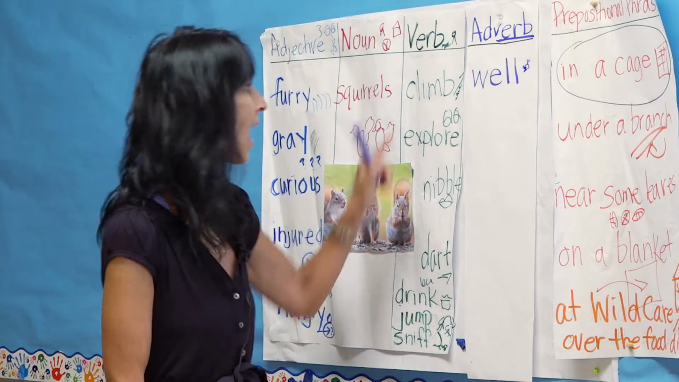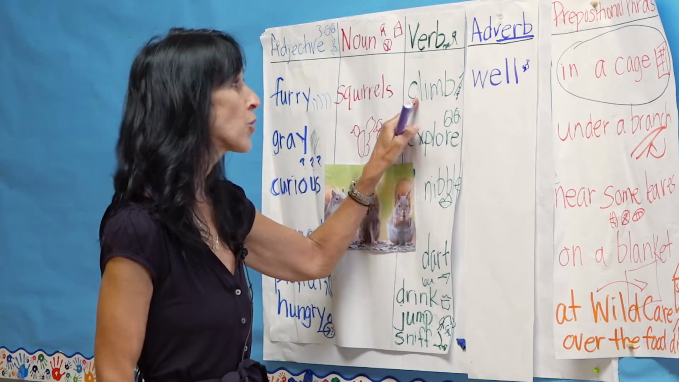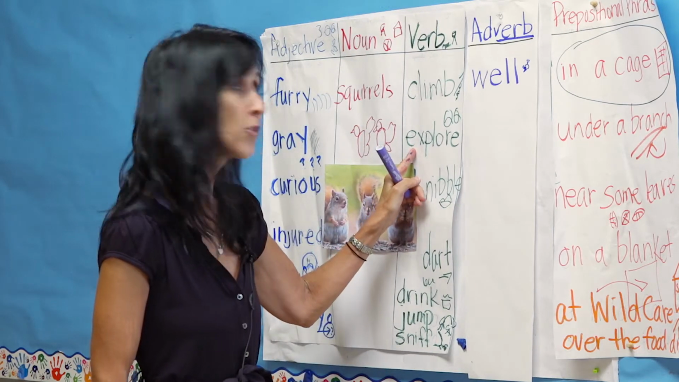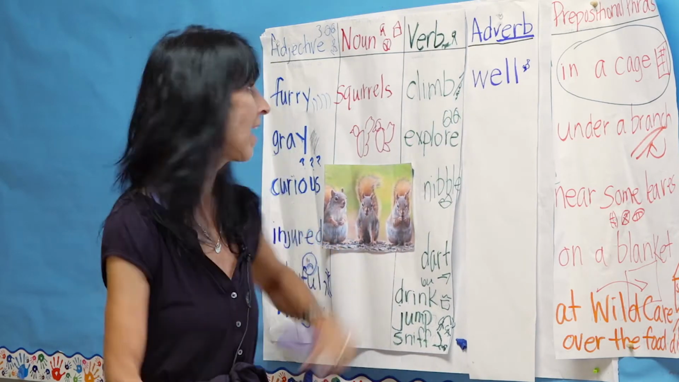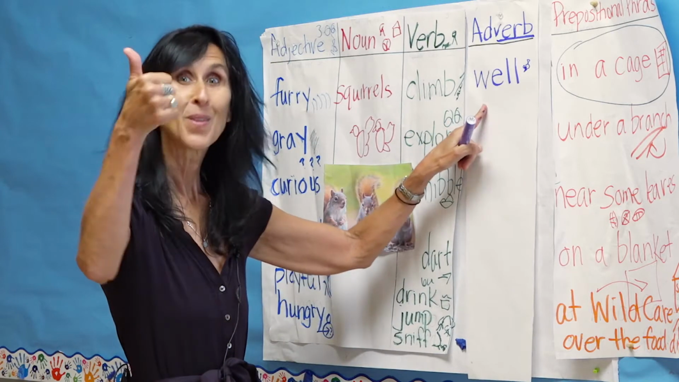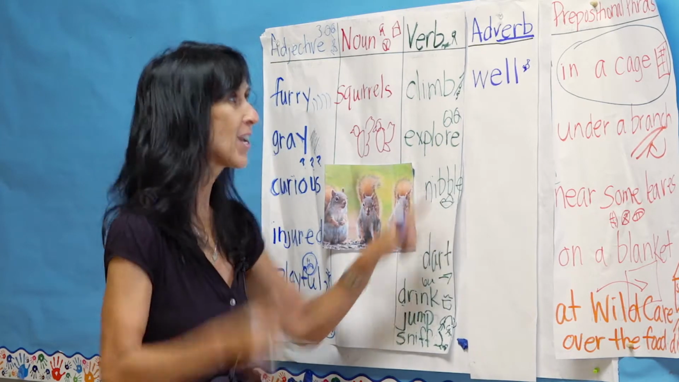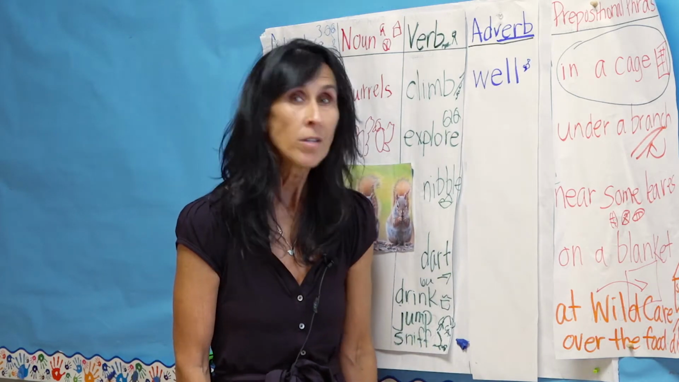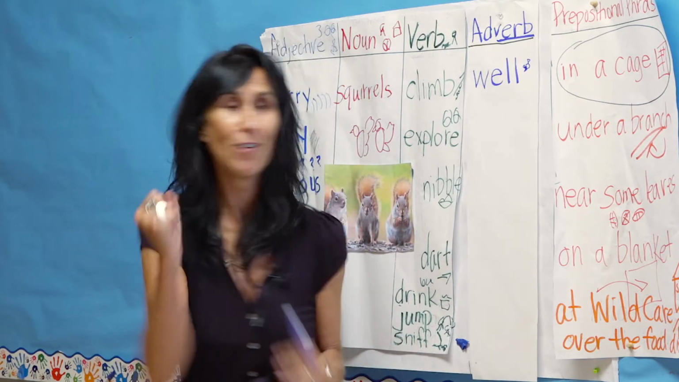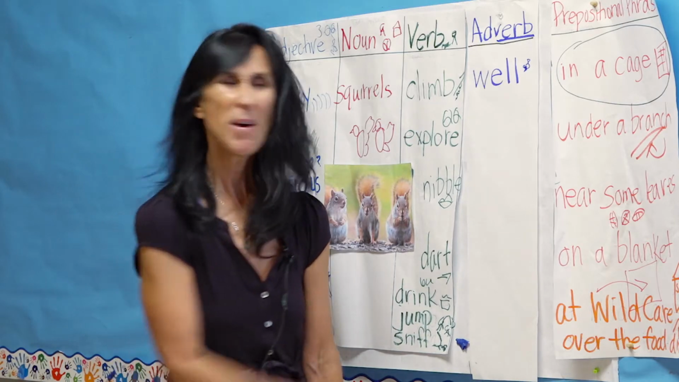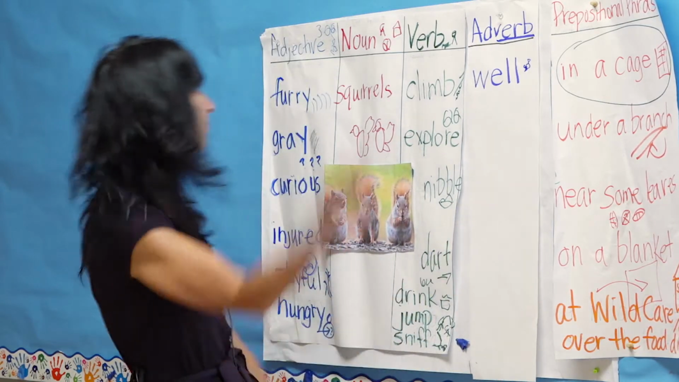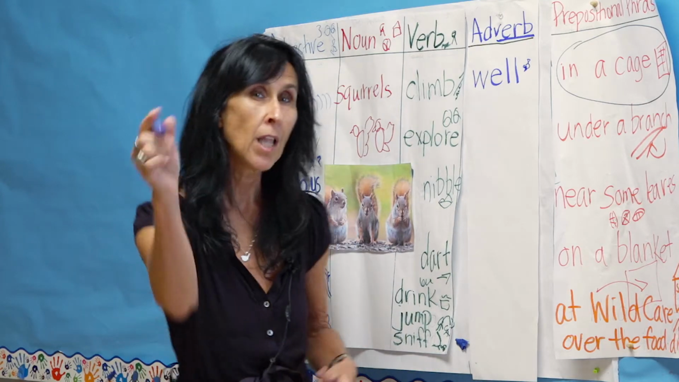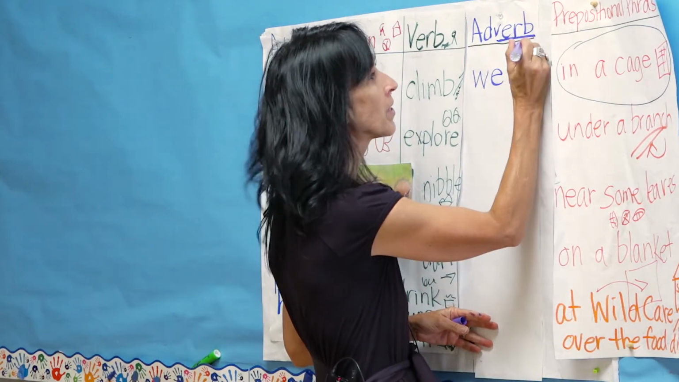And you? How can squirrels climb? Squirrels climb well. How do squirrels explore? Squirrels explore well. How do they nibble? Well. How do they dart? Well. That means you do it really good. I also saw in the video, those squirrels were moving around so fast. But fast isn't an adverb. Fast is an adjective. I know that a lot of adverbs end with the suffix